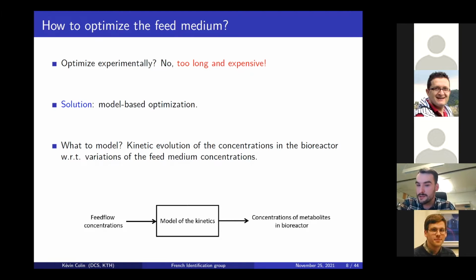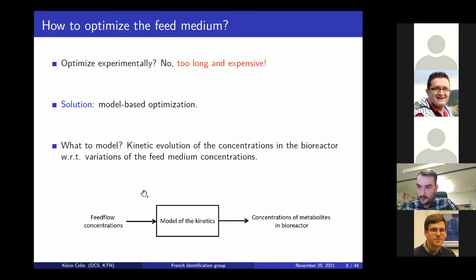And also the price that you have to pay is kind of expensive. So the solution that here we consider in the project is to do a model-based optimization. So since we want to do a model-based optimization, we need a model. And here what we want to model is basically